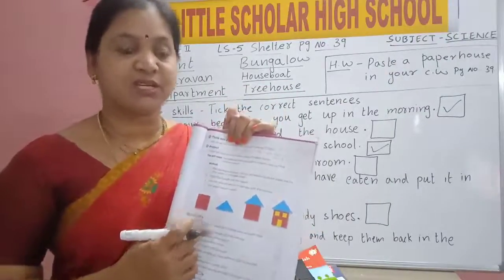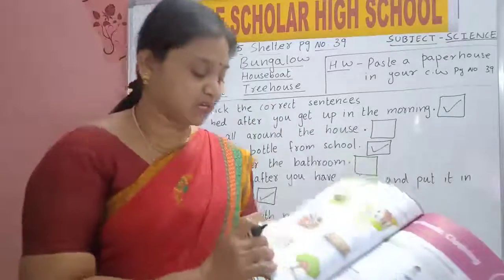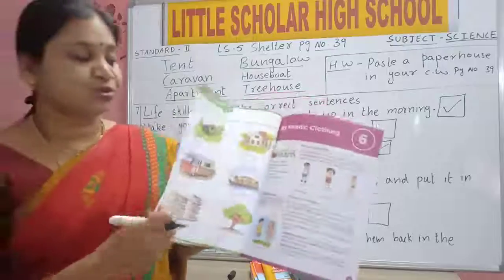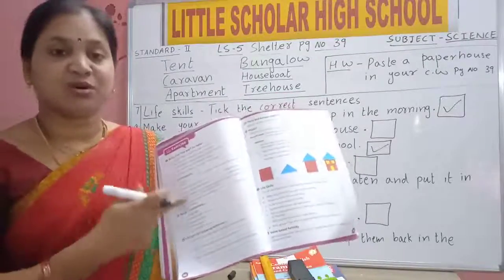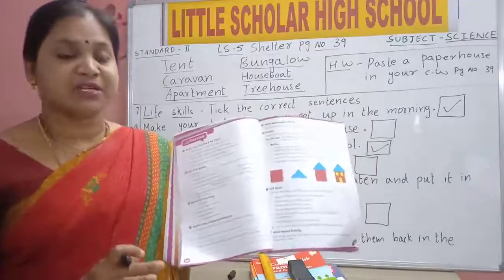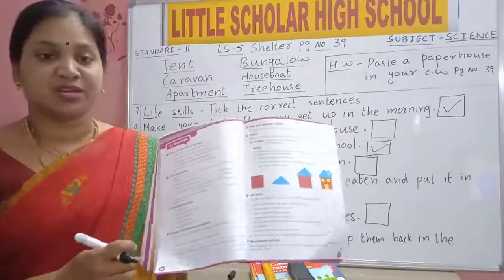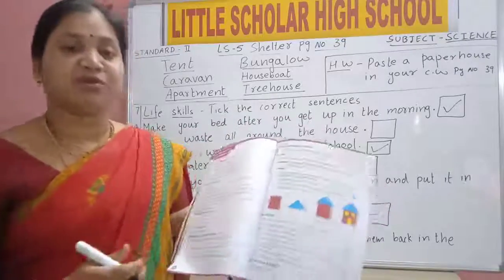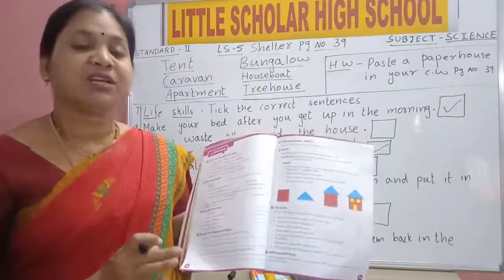Yes, children, do it and complete. This lesson has been completed. We have completed till page number 40. Those who did not finish writing in your textbook part, complete, children. Complete all this work. Page number 38, 39 and 40 should be completed. Those who did not finish page number 38, first complete this page also. Before going to the next lesson, your lesson number 5 should be completed both in classwork and textbook.